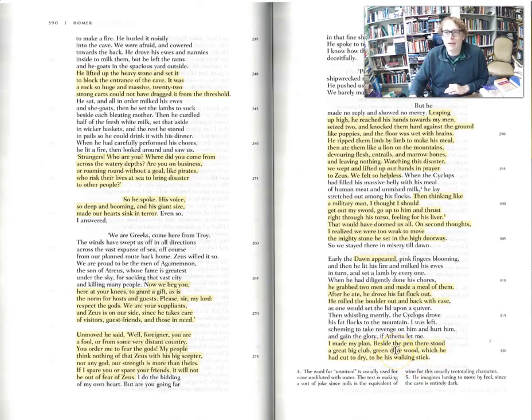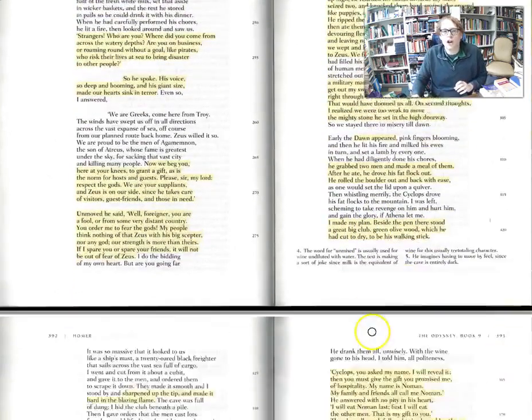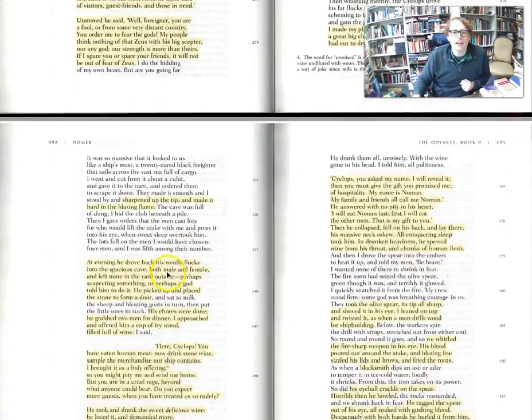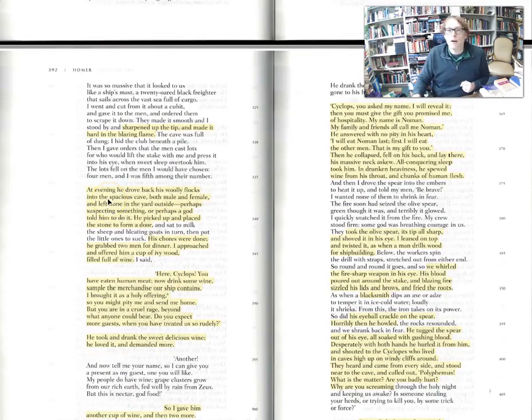And Odysseus makes a plan. And there's a giant big club, which Odysseus cuts and makes very sharp at the end. He says they sharpened up the tip and made it hard in the blazing flame here. And then he gets this big, huge spike stick ready, and he's going to blind Polyphemus. He's only got one eye. He's going to drive the stick through his eye while he sleeps and blind him and escape that way. But he won't kill him, because if he kills him, they can't move the rock.